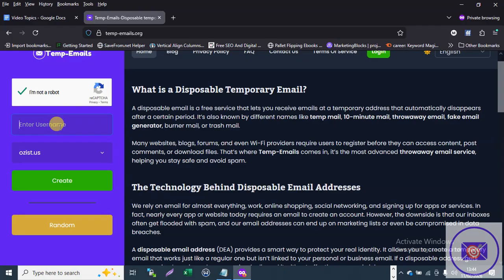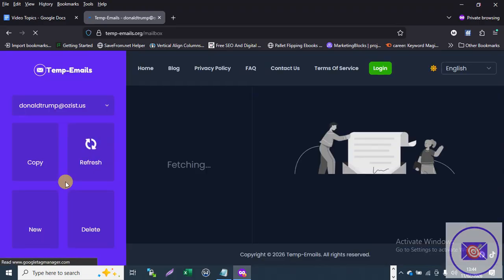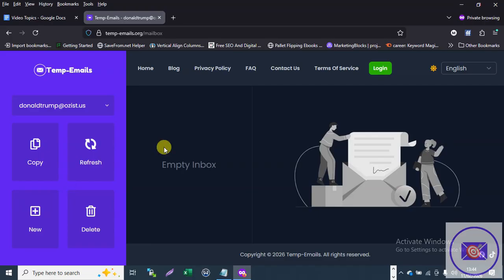So here I could say Donald Trump, and I click on create. So that's it. Now I have my custom temporary disposable email address with Donald Trump at Oasis.us,